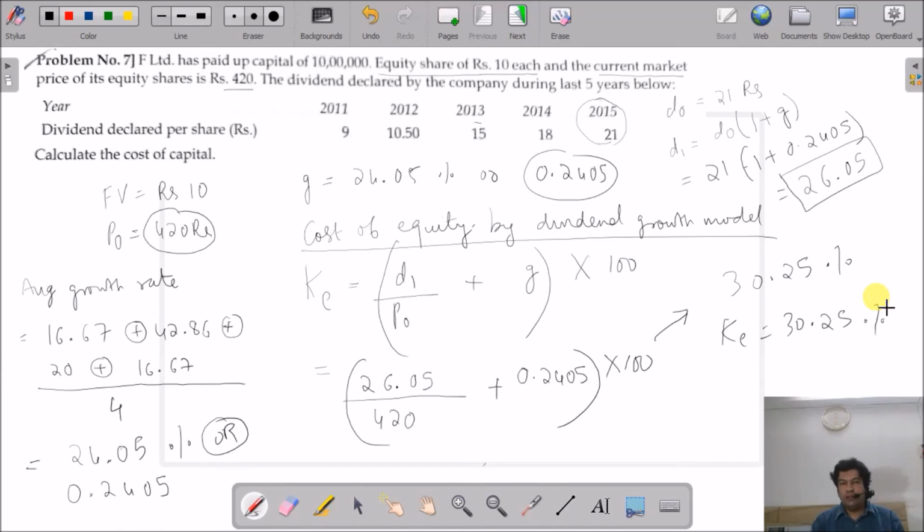So friends, what we have studied up till now is the dividend yield method. Then we have studied the dividend growth method, and then in the upcoming lectures I'm going to cover the different methods, and step by step we are moving forward.